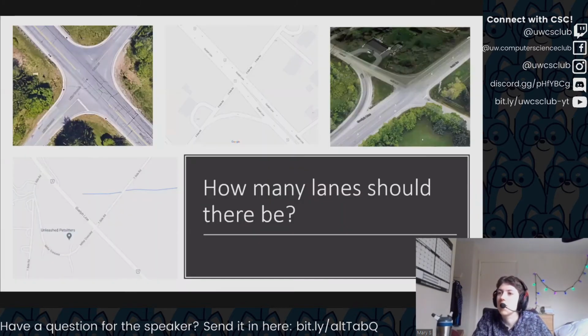What did I even do? And so that's an interesting commentary, just like the number of lanes. This also works with traffic intersections in general, when you think about how many lanes there should be on University Avenue, on Phillip Street. Should there be left-hand turning lanes? Should there be a right-hand turning lane? All of these are things